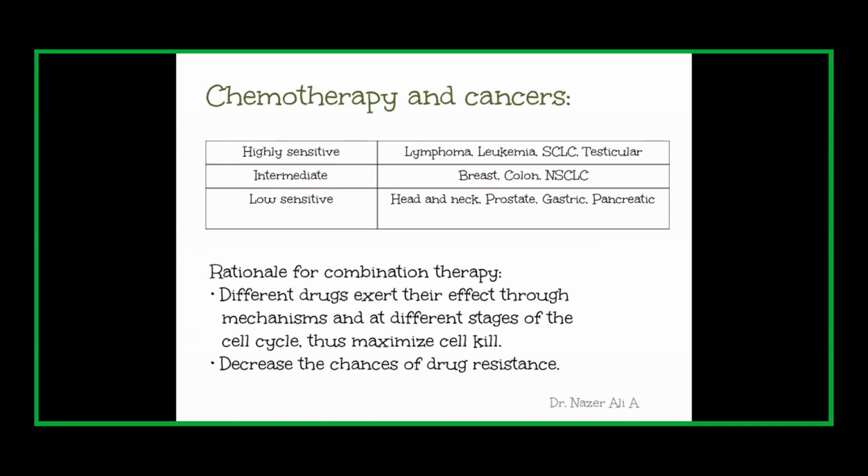Usually in chemotherapy, all protocols consist of multiple drugs. Those drugs act by different mechanisms but produce a cytotoxic effect as a result. They exert their cytotoxic activity at different stages of the cell cycle: at the G1 phase, the S phase, or the mitotic phase. By combining various classes of drugs, we can decrease the chances of drug resistance.